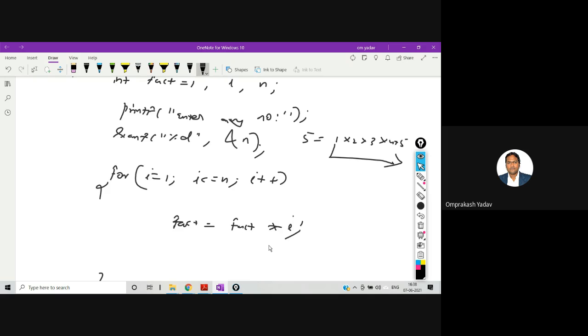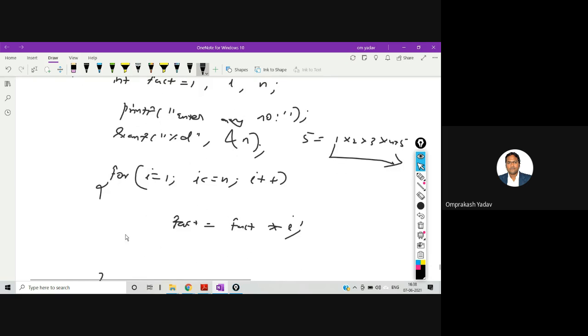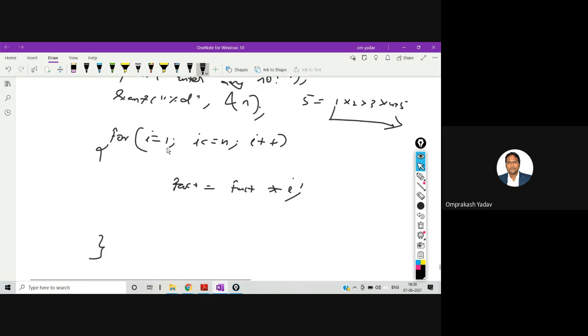So what I have done, fact I have initialized to 1. First time, i will be initialized to 1, and let's say n is 5, it will check 1 is less than equal to 5. Yes, it will go over here and do fact is equal to 1 into i value 1.